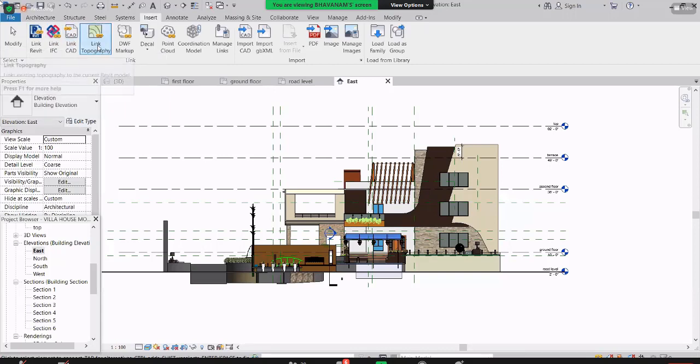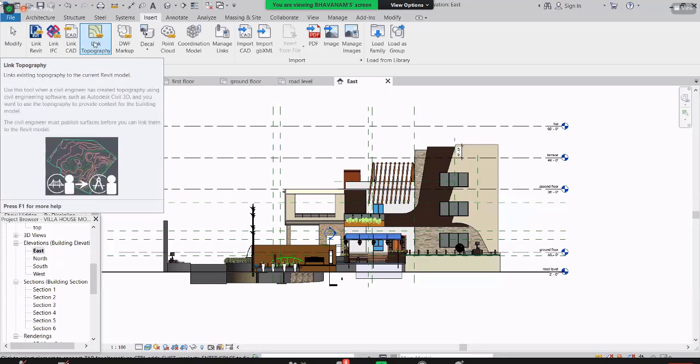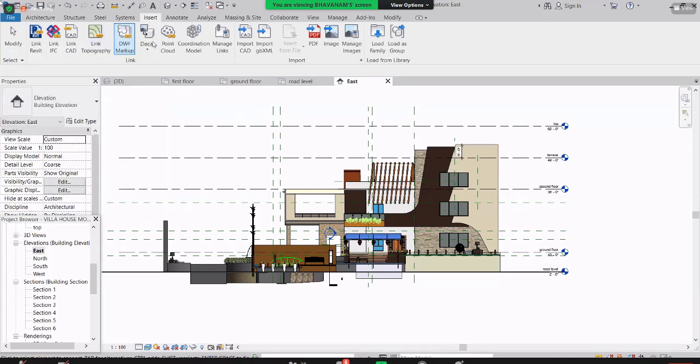And topography, guys, this is one of the important options. Whenever you want to show any contour or landscaping, if you are an architect, then only you can understand the landscaping. If you want to show a park, that type of structure, the land will not be even or straight, right? There we have undulations. By using this topography, we will make those undulations. Okay, and here is decal and point cloud.